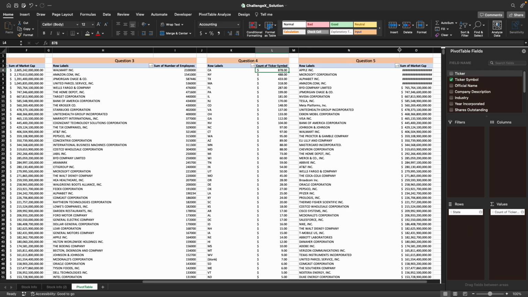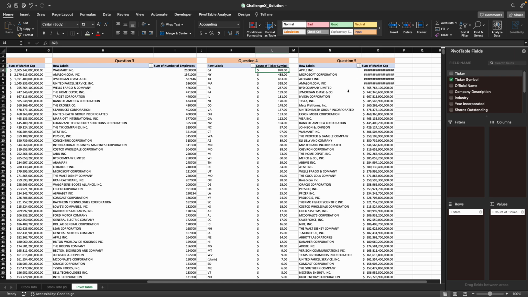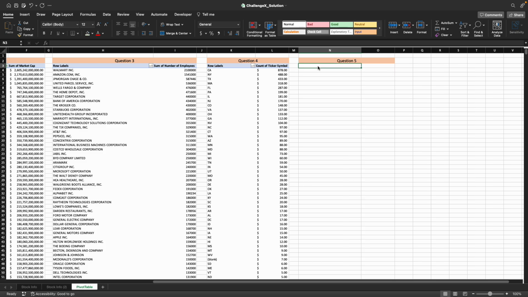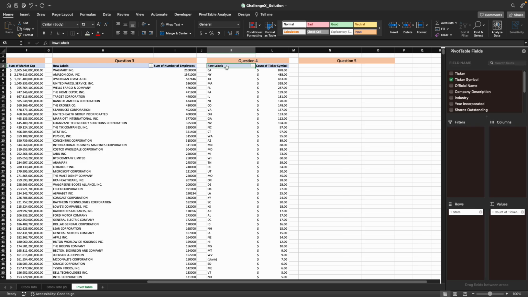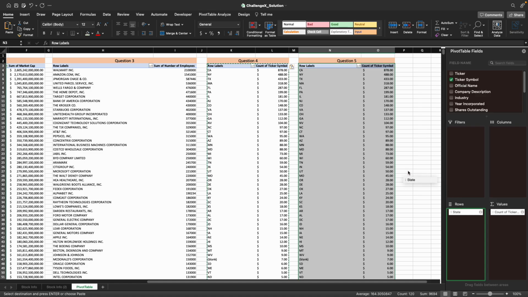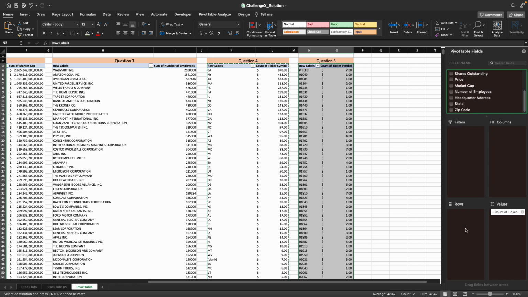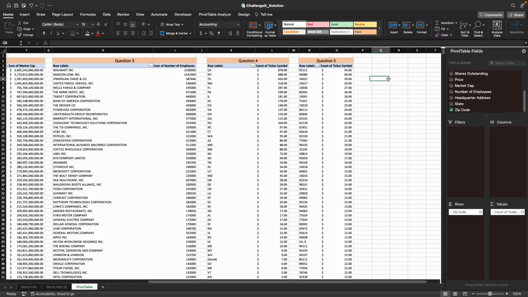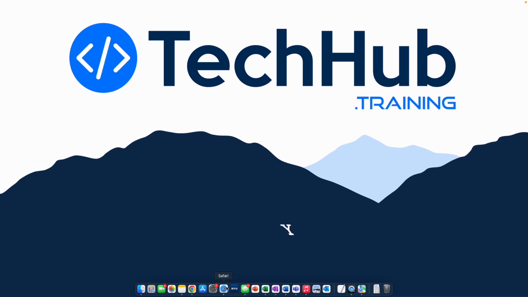So let's come here and answer the fifth question. Which zip code has the most companies headquartered? So we can actually just use this one here instead. We can delete this portion here, paste this one, and change state to zip code. And we need the count. We can filter from largest to smallest, and it looks like it's this one here. So we could take this one, and actually let's just do that